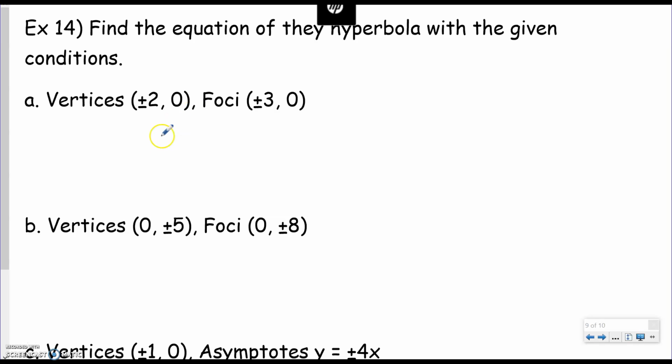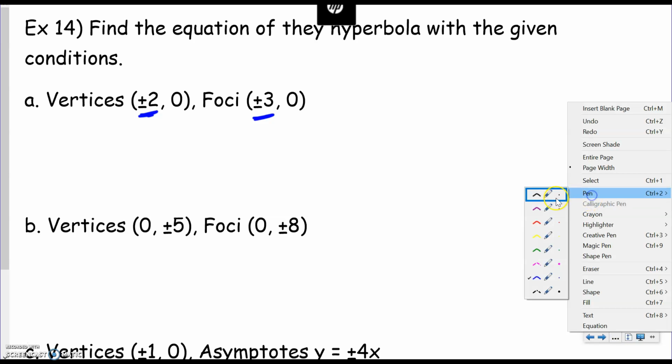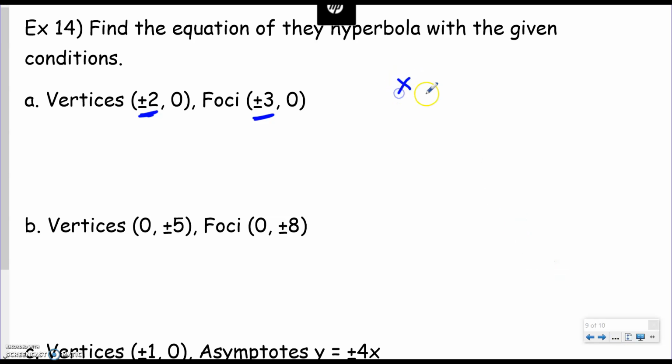So first one, vertices. Notice that my vertices compared to my foci, the changes are in my x, so I know this is horizontal. So my x needs to come first. And since the other part is 0 and this is +2, -2, halfway between +2 and -2 is 0. So I know my center is at 0, 0. Okay, and because I know it's horizontal, because my x changed,